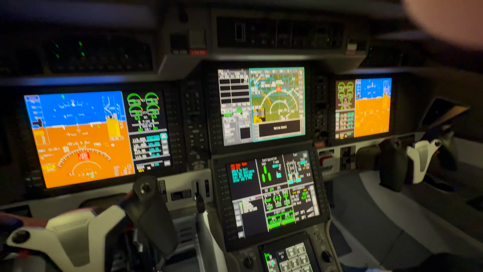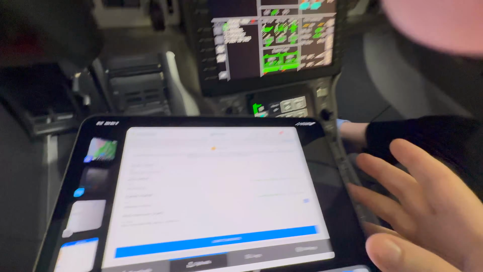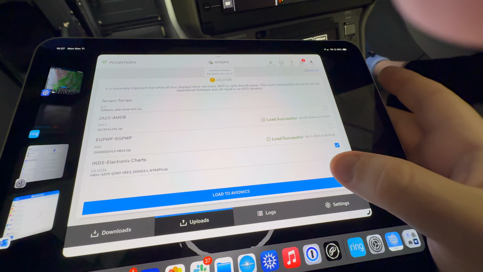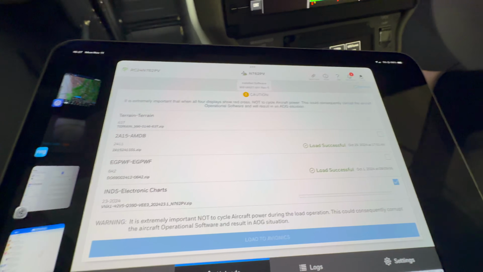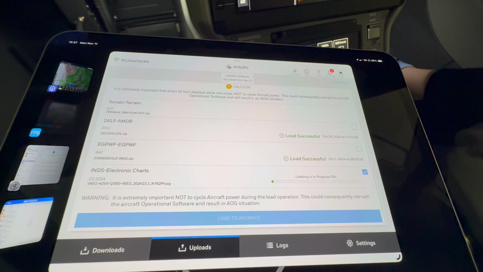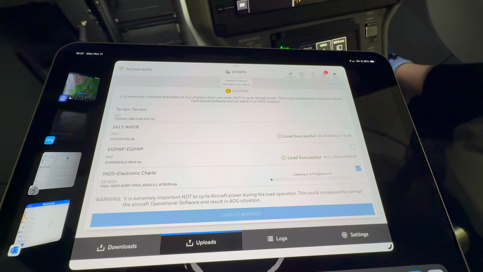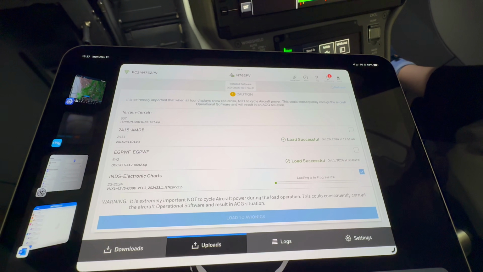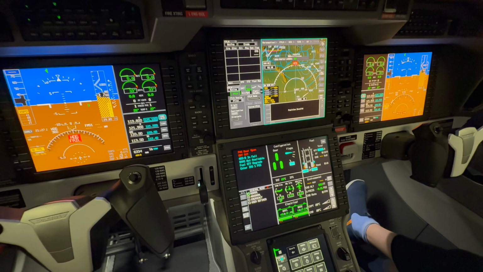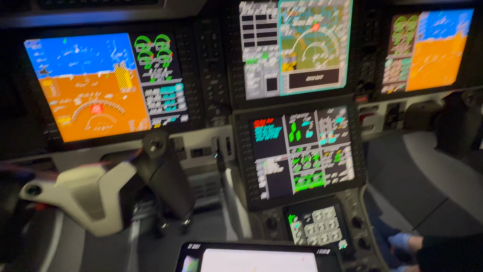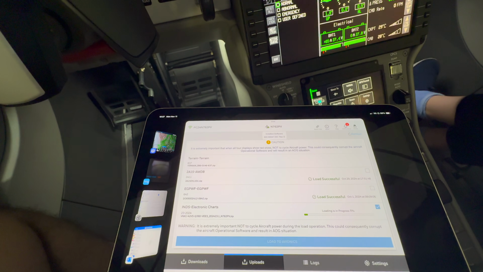So now that the system is booted up and we are ready to push, you can go ahead and say load to avionics. Now this is going to take its sweet time. This is the largest database. Some of the databases are faster than the others, but this will essentially load fully. You won't get any progress indication on the aircraft that it is working, and so the electronic charts will push to the aircraft, and essentially